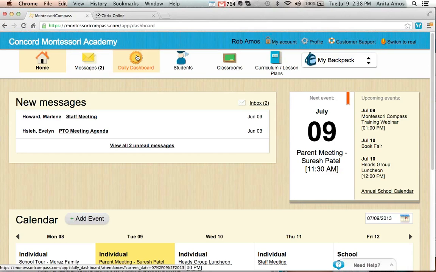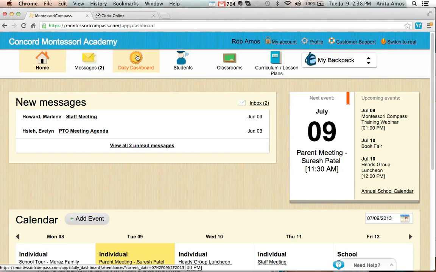whether it's a piece of paper that's stuffed in a child's backpack at the end of the day or the end of the week, or whether it's an email campaign, or whatever it is, if you take a good hard look at that content, and then you look at Montessori Compass and the suite of tools that we make available, you'll probably come to the conclusion that Montessori Compass can probably, if not entirely replace, it can replicate most of what you're doing.